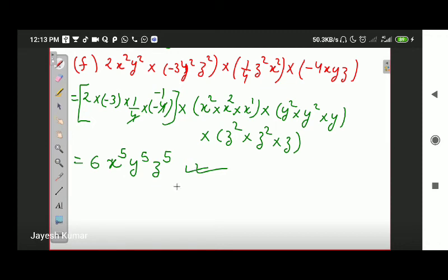Okay. Once you get the basics of the multiplication, the constant is to be multiplied with the constant, and variables of the same type are to be multiplied, or you can say the powers of variables of the same type are to be added. Okay, powers of variables of the same type are to be added.